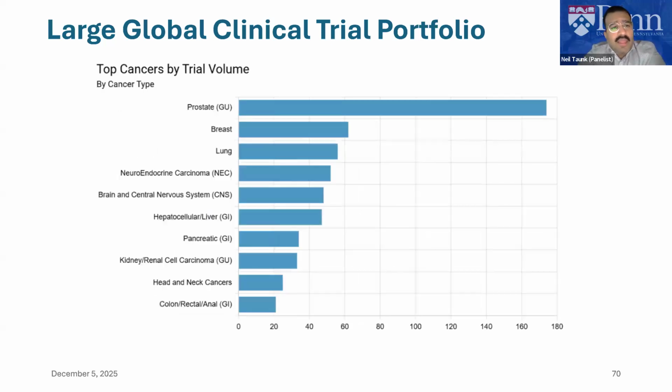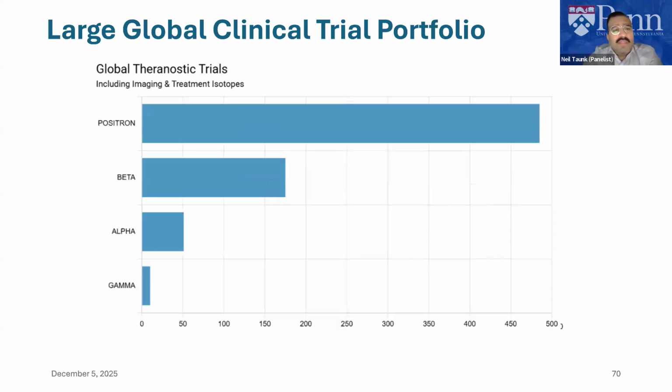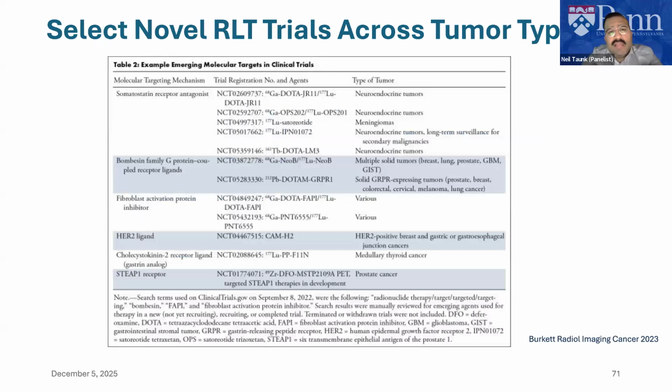Next slide. And then even though GU dominates the space, there are a number of other cancers that are being studied, and not only is it tumor specific, but also target specific. So pan-cancer theranostics or disease agnostic agents. Next slide. In the global therapy and diagnostic portfolio, the bulk is dominated by positron emissions, which is diagnostic radiopharmaceuticals, but again, hundreds of therapeutic trials are underway. Next slide. And then these are some select novel RT trials that are across different tumor types, somatostatin receptors, bombesin receptors, FAP, HER2,